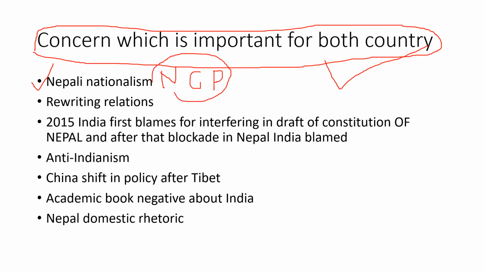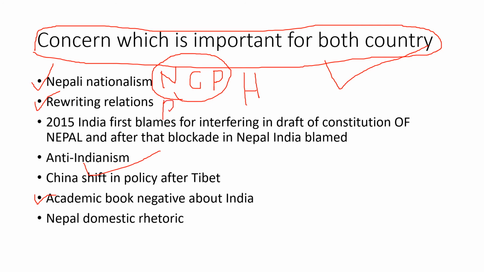So what they have done: first they changed the history books of Nepal, and when they were changing the academic books, they introduced anti-India thoughts, anti-Indianism behavior, into the historical context of their Nepali books. Second, rewriting and reframing the relation, saying that India always intervened in the internal politics of Nepal, but that never